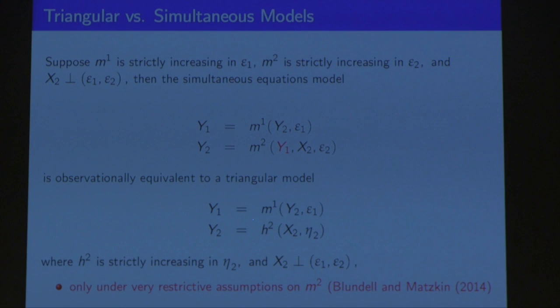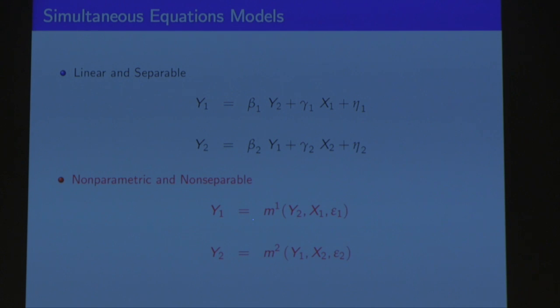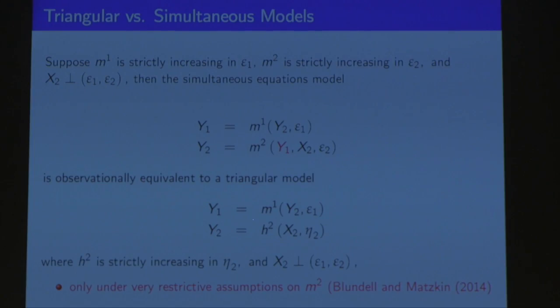Now there is a relation in linear models. Yeah, in linear models, you can estimate a linear simultaneous equation by first transforming it into a triangular model. In non-parametric, non-separable models, you cannot do that. So once we come out of the framework where everything is linear and additive, lots of complications appear. For example, in textbooks in econometrics, there are many methods to estimate simultaneous equation models when they are linear and additive in the unobservable random terms. All these methods are completely different when you relax the linearity.